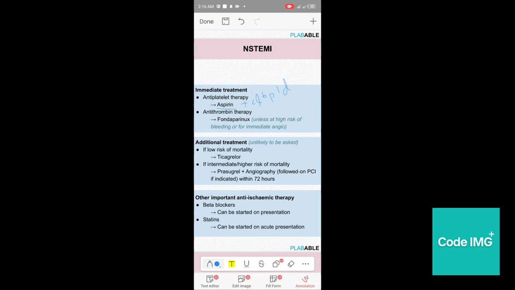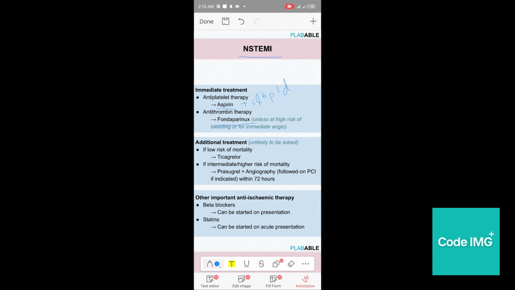You can give unfractionated heparin or low molecular weight heparin, and fondaparinux, either of them. But they give fondaparinux in the UK. Okay, but that keeps on changing. But if you have a scenario like that, you have to choose aspirin, clopidogrel, and heparin. So the patient comes to you with NSTEMI, you give the ACS protocol, and then